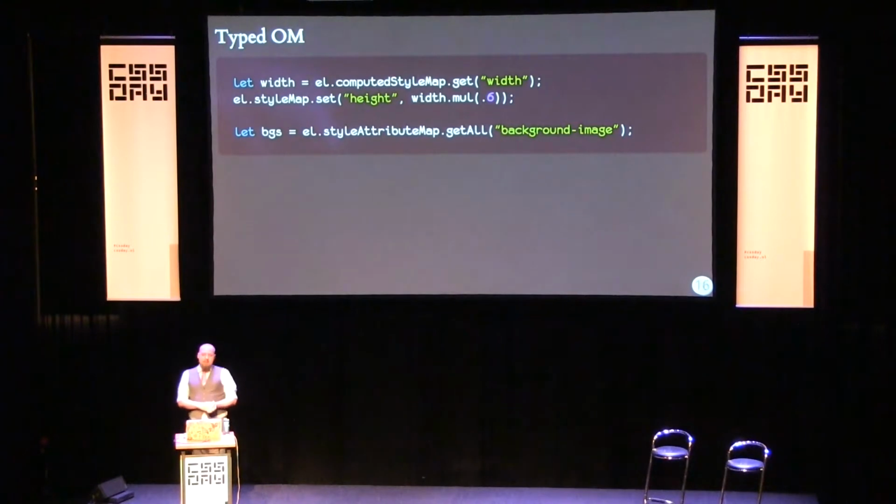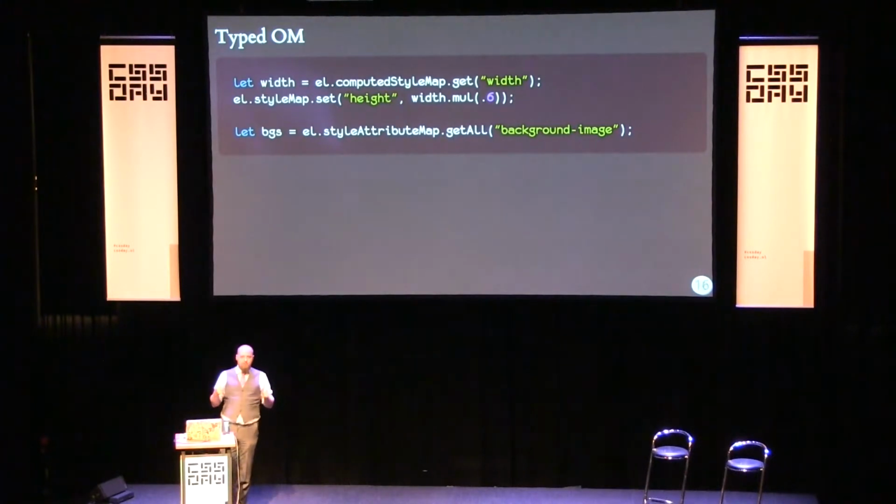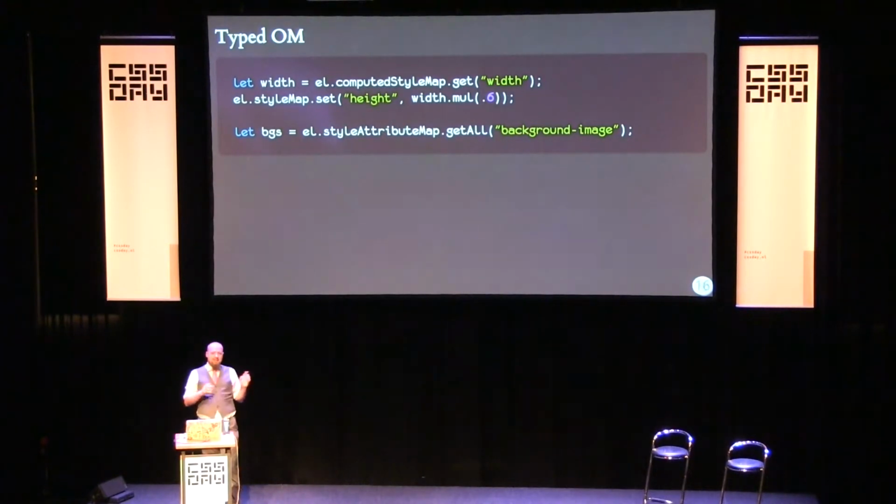This is actually a multi-map, which is used in a few places in some of the DOM APIs now. What this means is you can treat it like a map, and you'll get values out, you put values in. But actually, every key holds a list of values, which you can grab all of or set all of if you use specialized methods for it. A good chunk of properties in CSS are list valued. Background image, for example, takes a list of images. So if you just called style attribute map.get background image, you would just get the very first image in the list. But with get all, you'll get an array containing all of them.